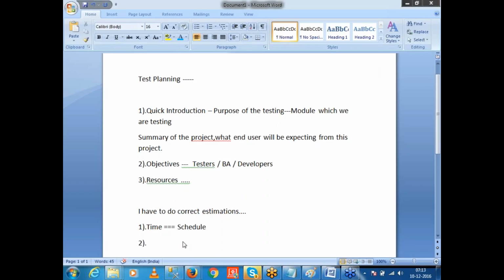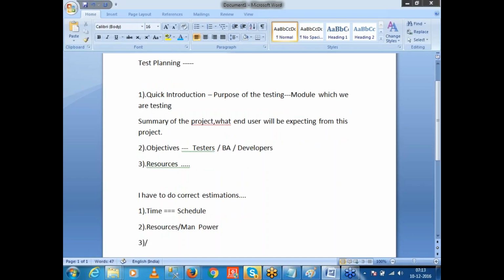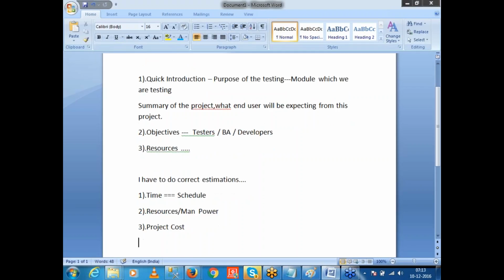Yes, right. Manpower. Resources or manpower. Okay, then cost. Okay, the project cost. Okay, then